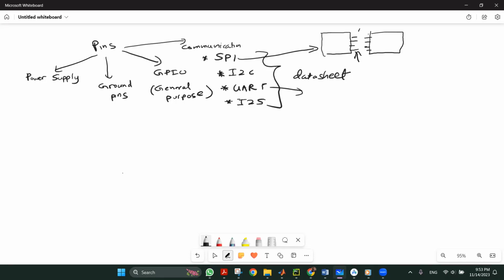So we can find the different pins that are used for the SPI communication, for example, by following the normal standard way of connecting these pins to the other device, such that the communication will happen in that protocol. Then we can establish the communication between the two microcontrollers or the two devices. So likewise, I2C protocol, UART protocol, and I2S protocol,